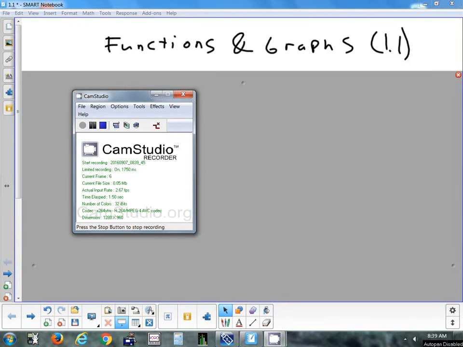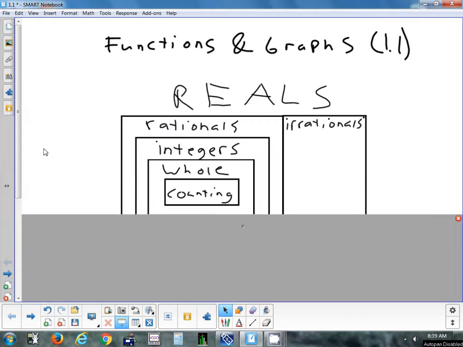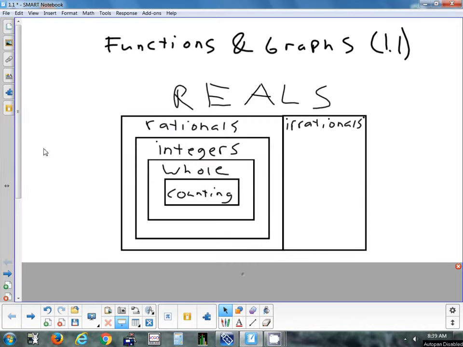Okay, so the first section we'll take a look at is section 1.1 in the book. Pretty straightforward, just goes over some basic stuff. I'm not going to write down all the different definitions here, but I'll quickly go through